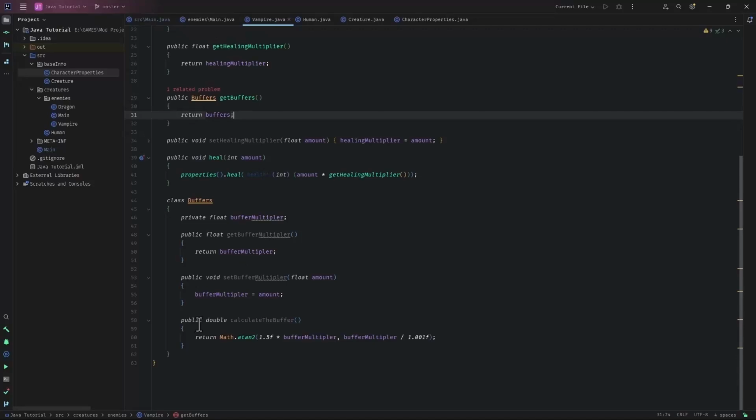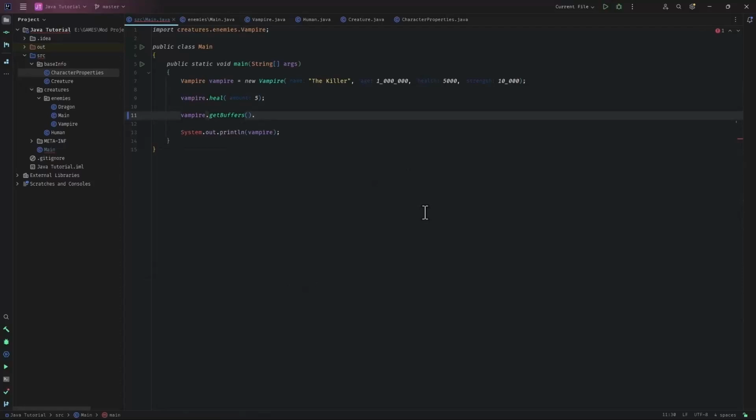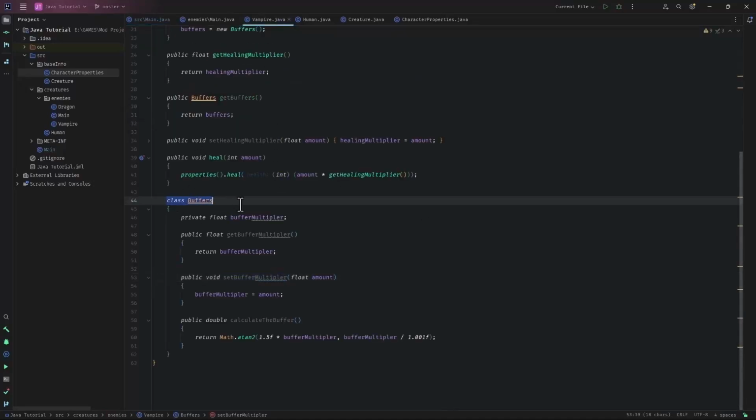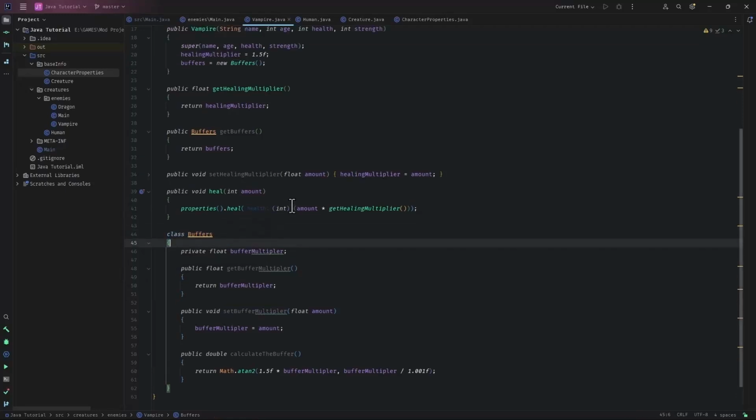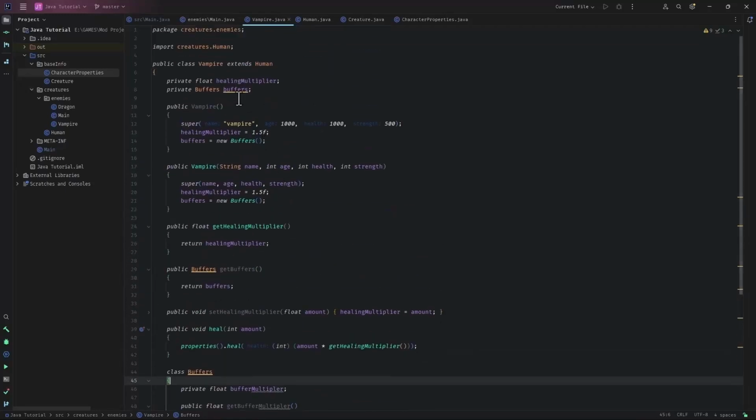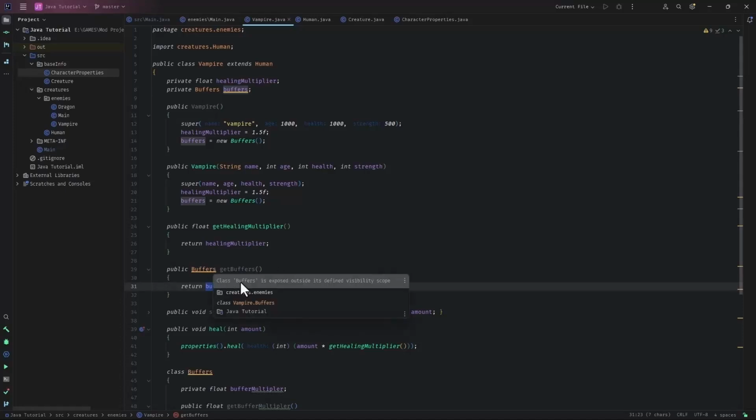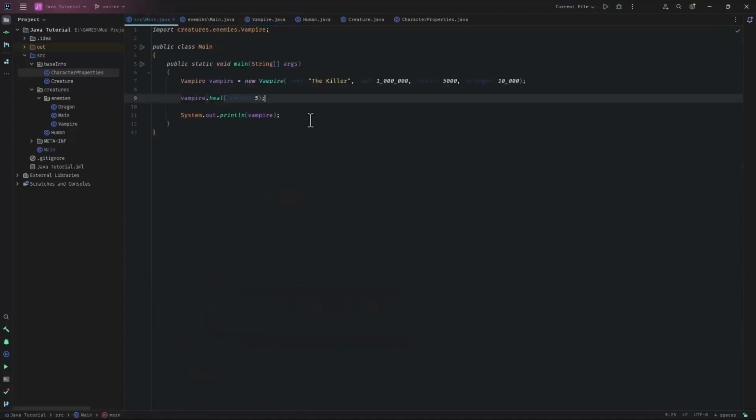However, again, this method is public, so why can't I access it? I can't see getBuffers or setBuffers because we now got access to a class. So this won't work the way we want to. Remember, classes are top level objects, and we want an instance of our object. Here we are returning Buffers, and it says it can be exposed outside, meaning that hey, you can make it public. But here's the thing, normally